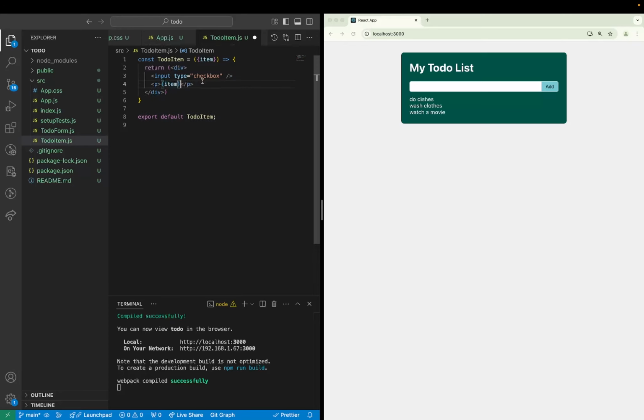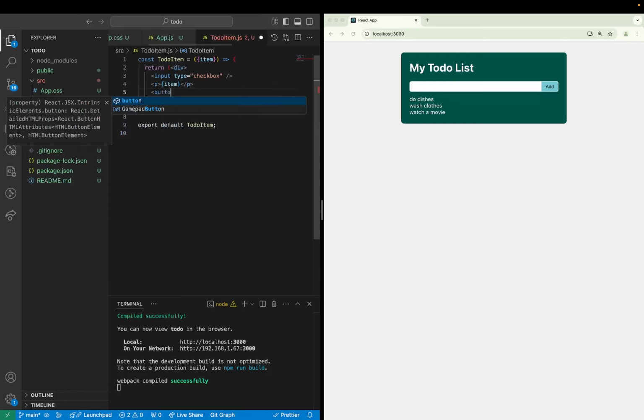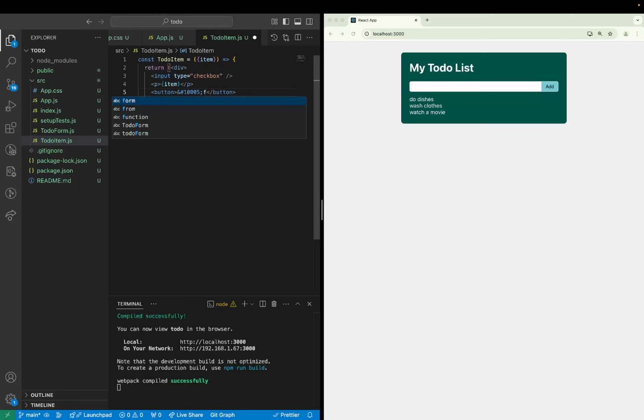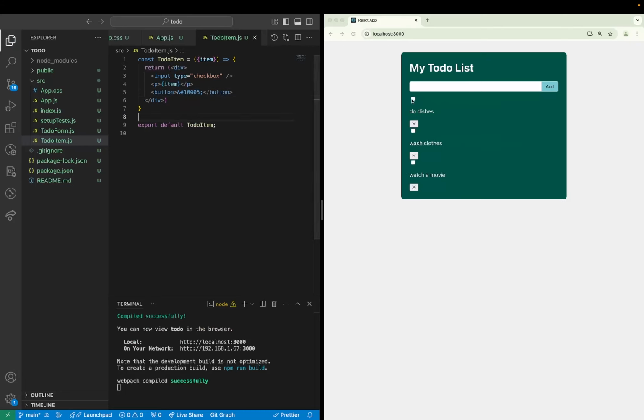Our item in here, and at the same time we're going to have our button, which is basically the delete button. And I'm going to use a special character here, which is just going to be an ampersand hash 10,005, which is basically like an X. Okay, so if I save this, yeah, we see this is a bit rough,